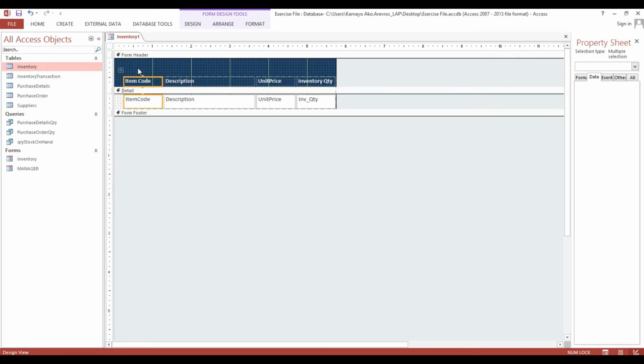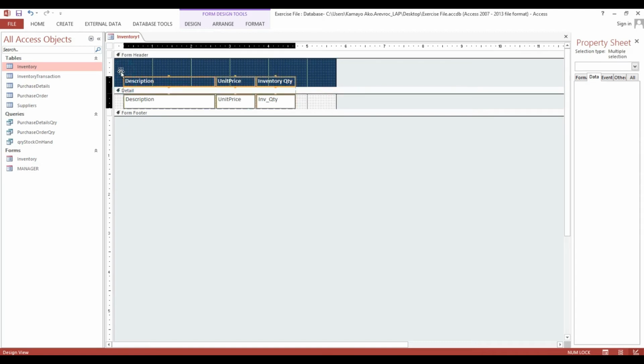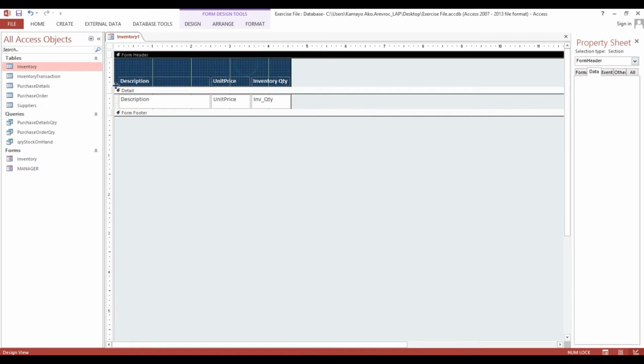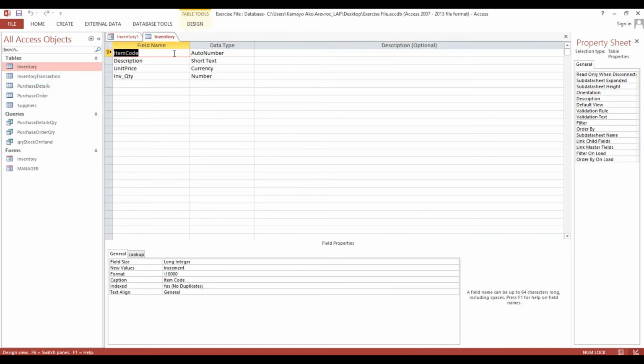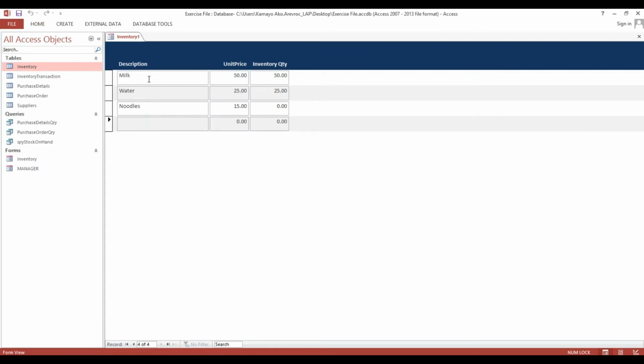Now I will delete this one because that item code is auto number, so no issue. It will run in the background. Okay, frm Item List, so we can add other items here. Okay,